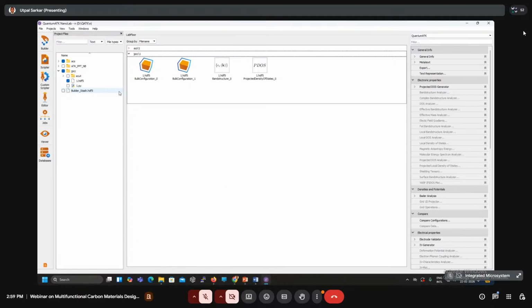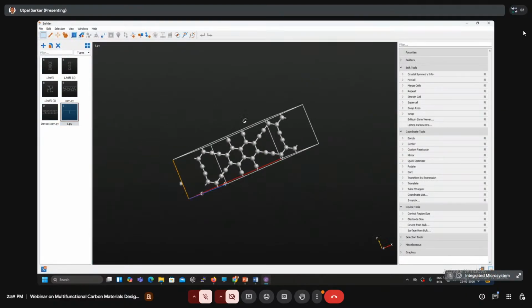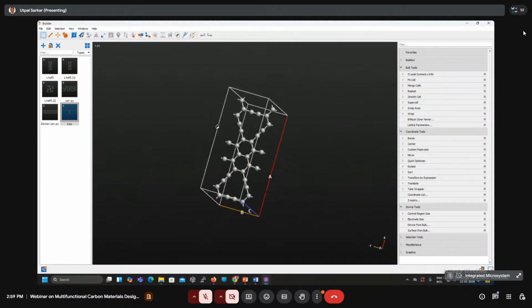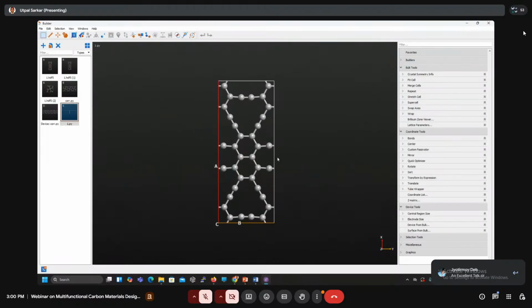First of all, I would like to start from the unit cell energy convergence criteria, and I will demonstrate all the parts step by step. So here I am opening the unit cell of naphthine in the QuantumATK software. Here is the unit cell, as reported in the JPCC paper. So this is the unit cell of naphthine.